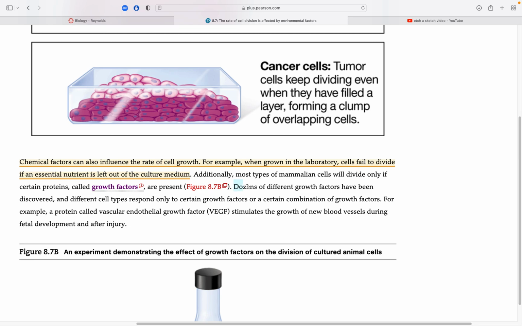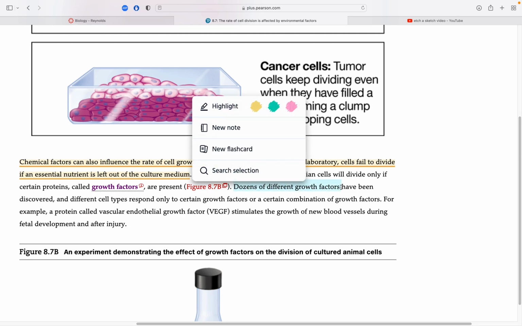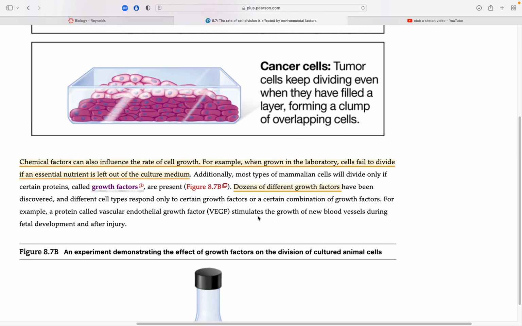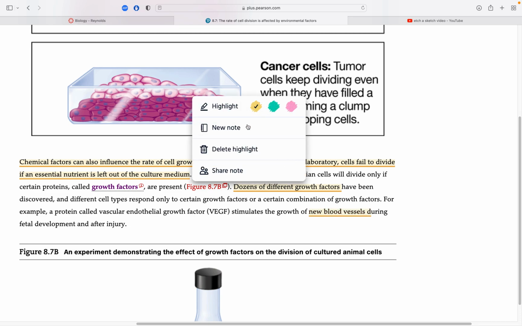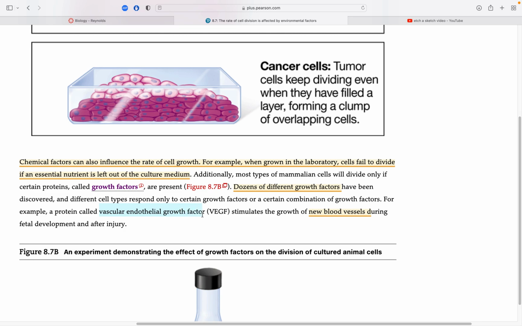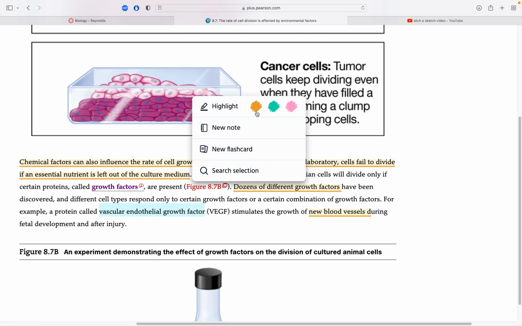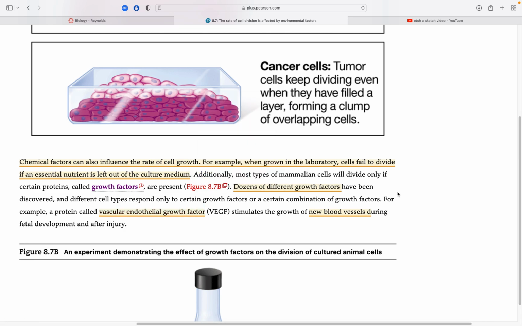There are dozens of different types of chemicals. In general, they're called growth factors. There are some that are going to turn on new blood vessel formation. But I'm not going to quiz you on the names of the different chemicals and what they are. But we're just generally going to know that there are chemicals that are going to turn on the cell cycle